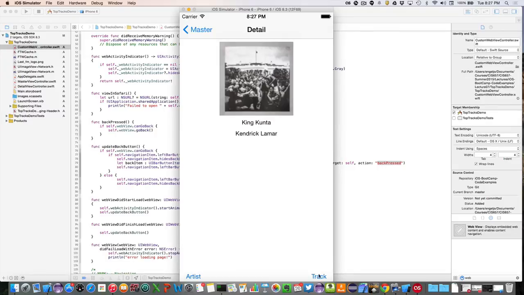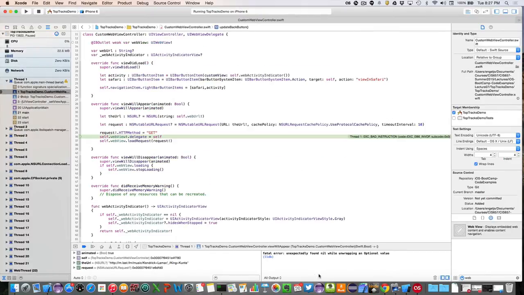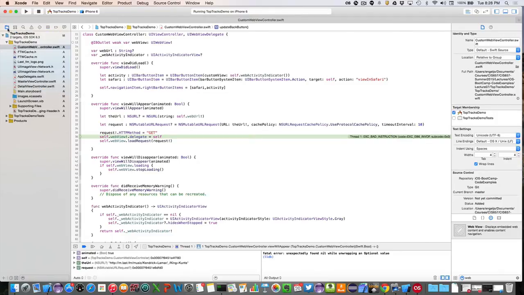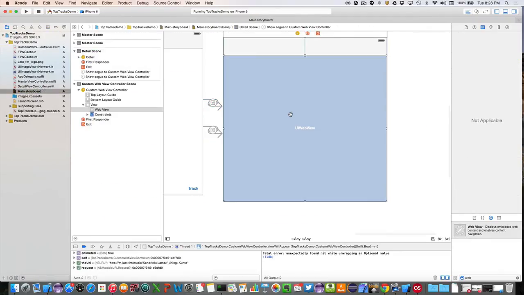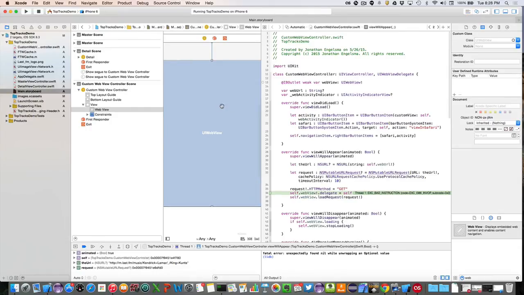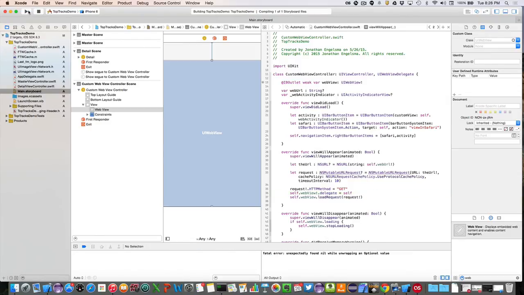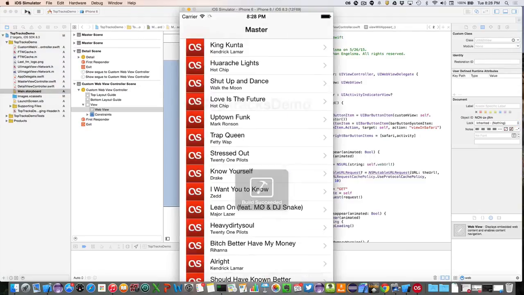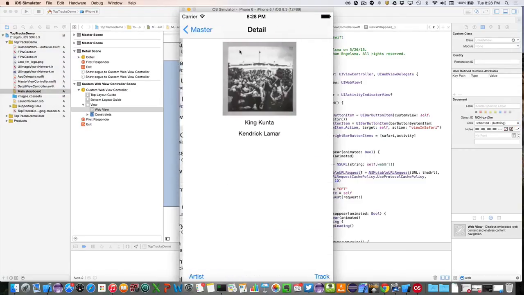So there's some content. We'll go over to the track view. Oops. And the web view, I never hooked up an outlet for it. All right, so we need to hook up a web outlet on that web view. So we'll go here to our assistant editor. I do have an outlet, it's just not hooked up. Okay, I added this code and I never hooked it up. Okay, so that should do it. I kind of cut-pasted the code and I forgot to go back in and wire up the outlet. So now if we do that,